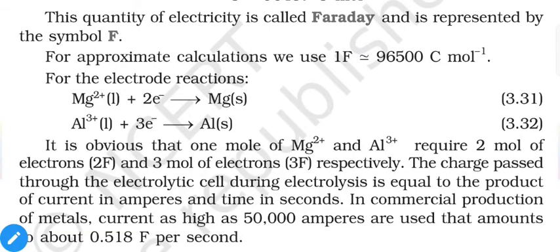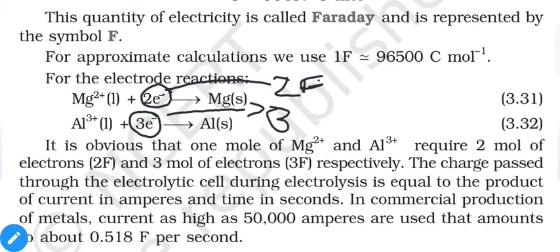So two reactions are mentioned. To obtain 1 mole of Mg metal from Mg2+, we need 2 moles of electron, and similarly for aluminium we need 3 moles of electron. Now 1 mole of electron is equal to 1 Faraday, so that means we need to pass 2 Faraday of current to obtain 1 mole of Mg, and 3 moles of electron represents 3 Faraday of current to obtain 1 mole of aluminium. So the amount of electron directly represents the requirement of electricity in Faraday. So the number of moles of electron directly represents Faraday.